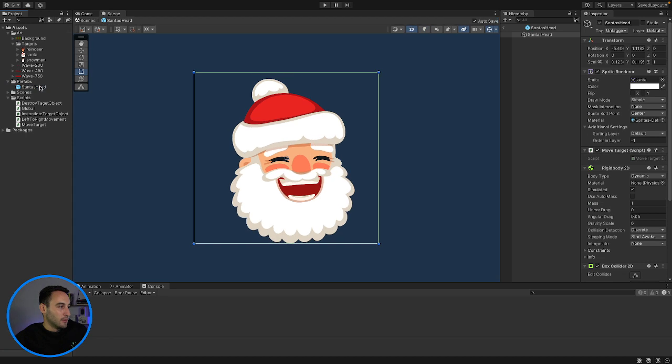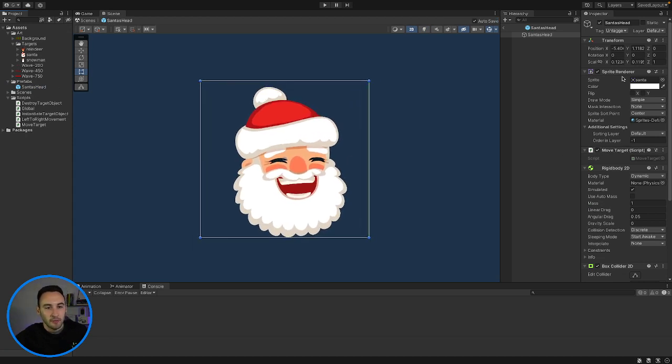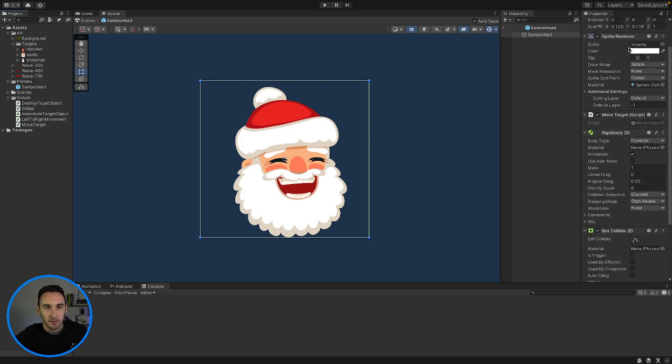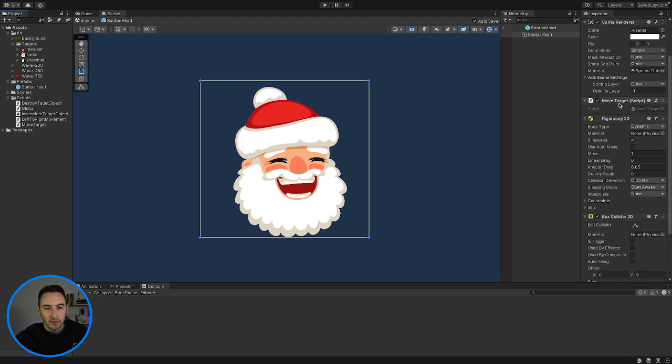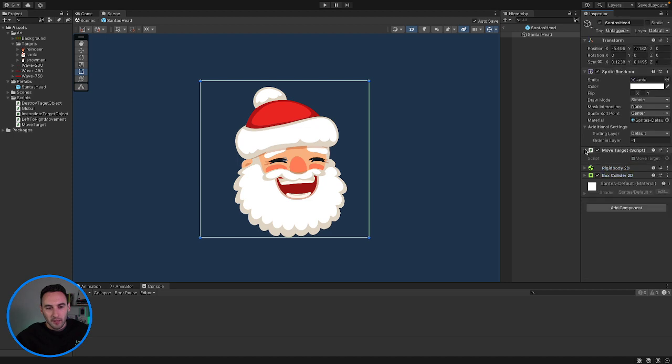So let's click on our Santa's head. This is the one that we currently have, and we have a sprite renderer on the prefab which will allow us to change the image. We have our moving target script on it already, but I don't think we really want to assign an image to our prefab using the move target script because that's just weird. We don't really want to do that. What we'll do instead is